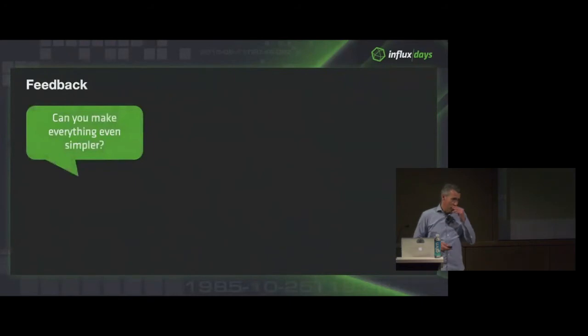But the first thing and the first motivation behind most of the things we're doing in 2.0: can you just make the whole thing even simpler than it already is? One of the things that brought me to Influx a couple of years ago was the lack of dependencies, the ability to stand up the bits super quickly, and the ability to get my job done as somebody who had a problem to solve with technology super easy. And for those of you familiar with other technologies, Hadoop, other integration systems, and trying to even install those things, quite a challenge. Influx has none of those things. But despite that, having 4 different projects to assemble and pulling all the bits together, what can we do to make that even simpler?